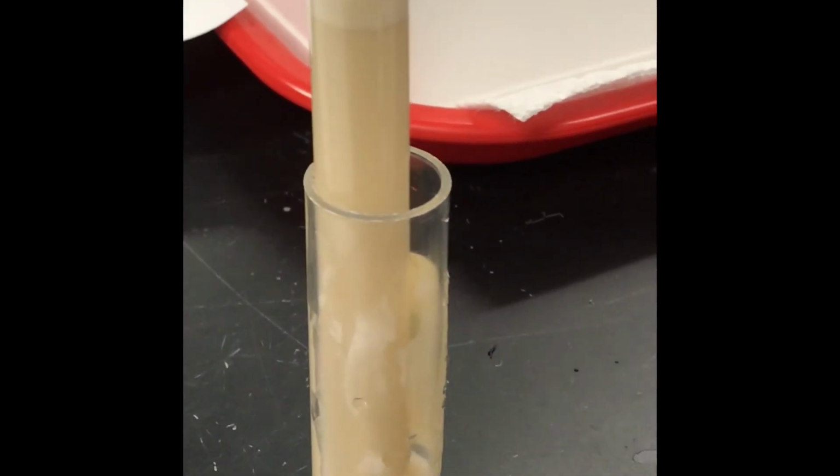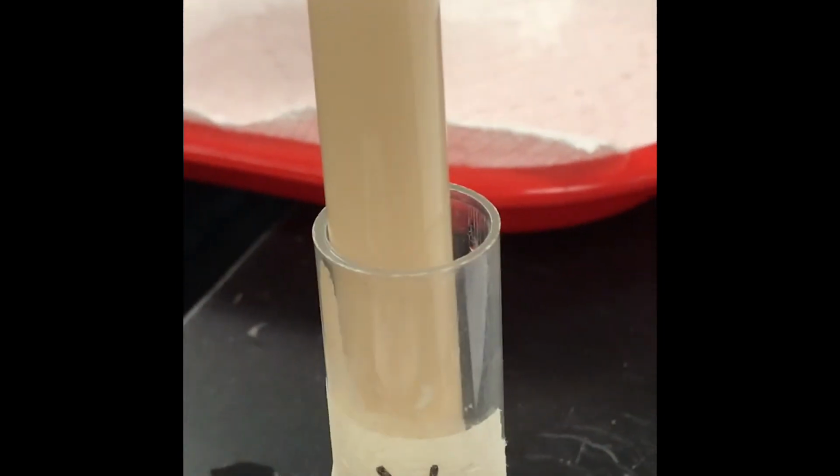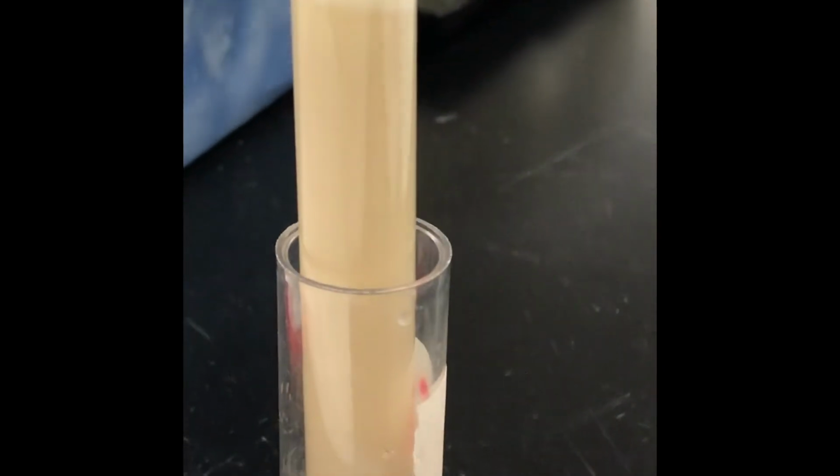Which one was that first one? B. And then this one is which one? Glucose, A. Glucose. And which one's this one? This one's C. I don't want to touch it. Okay, don't touch it. So just to give you all a view, and I'll give you the data in a